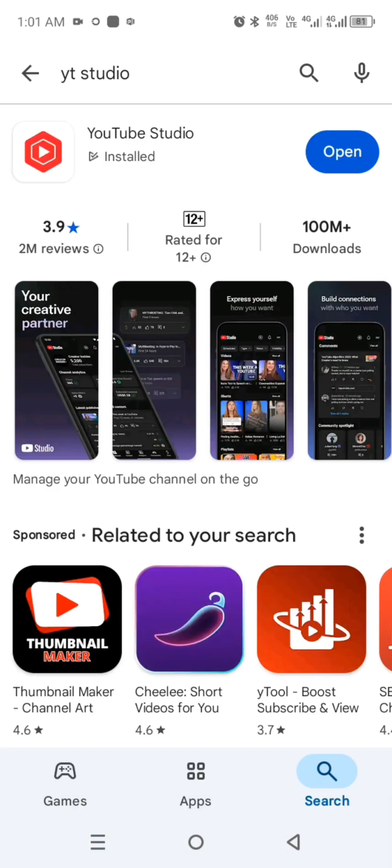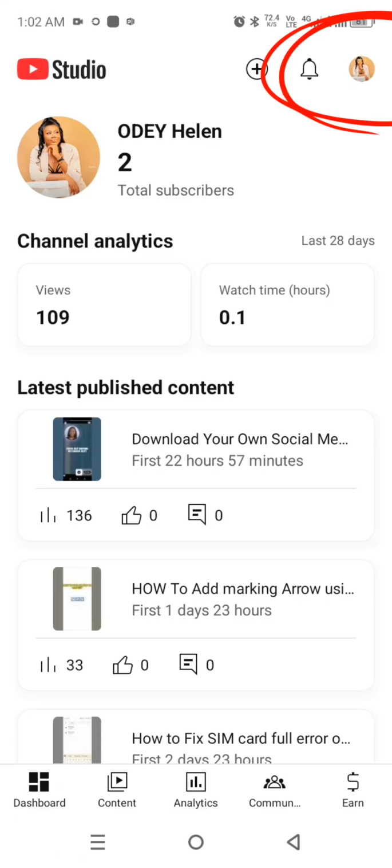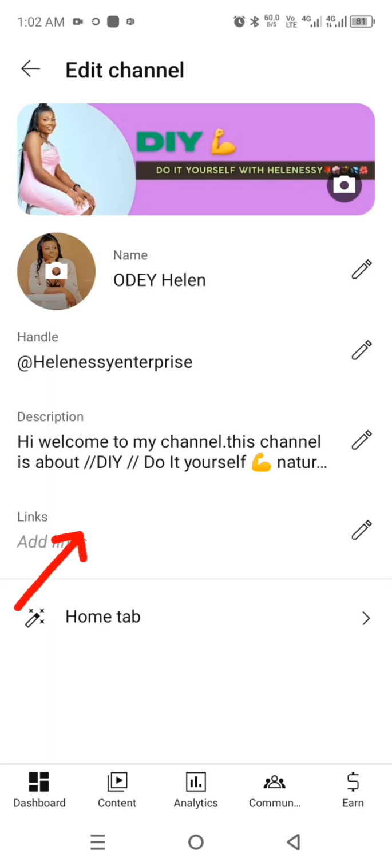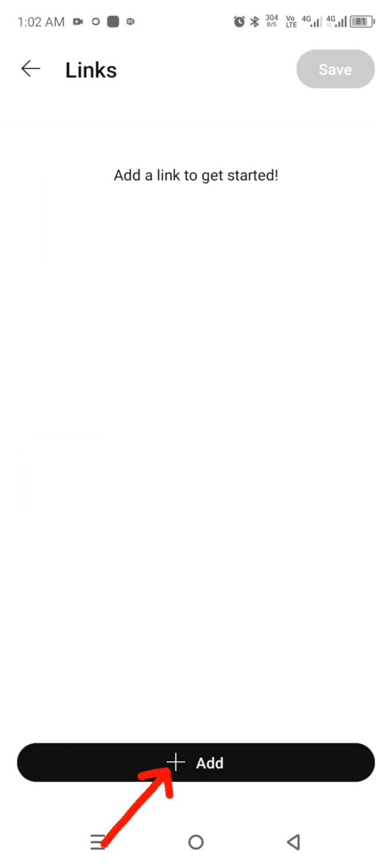So I already have mine installed, so I'll just click open and you click on your channel profile picture. It will bring out a page like this. Click on that pencil, that edit arrow, click on add link. After clicking on add link, tap on that plus sign